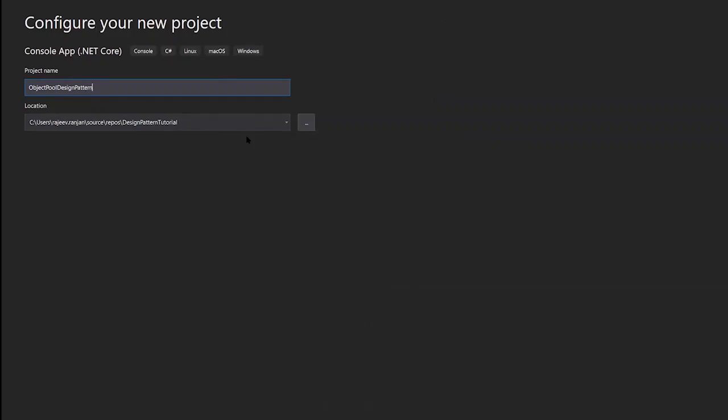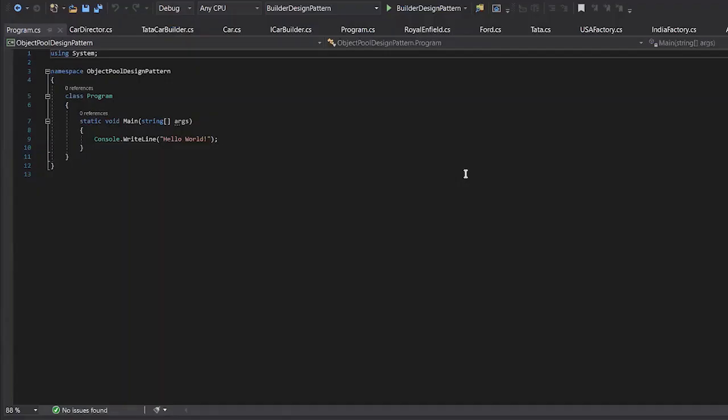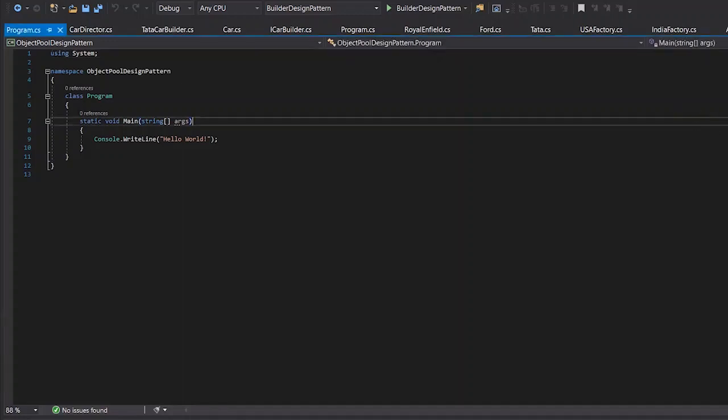I've created a class. The object pool is actually very simple. Let's create the two classes which we had defined: one is the actual client class, and another is the reusable pool.